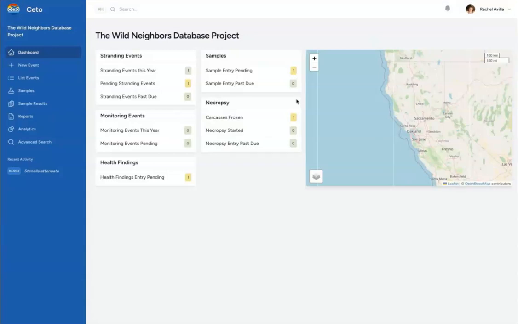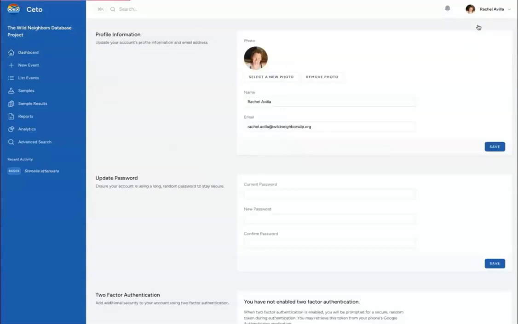The first thing we want you to do is go up here to your name and go to your profile. What you will do in your profile is you'll make sure all of this information is correct. You can put in your own image, you can put in your name and email address, and you are going to want to change your password